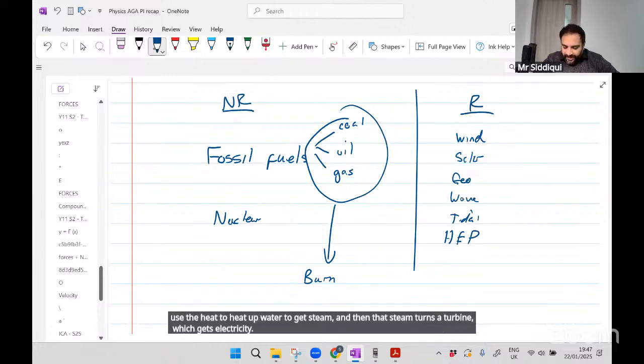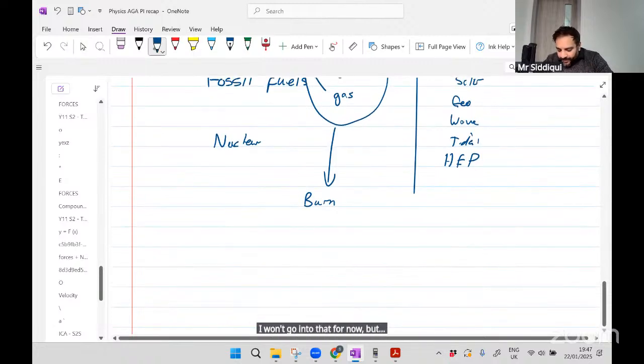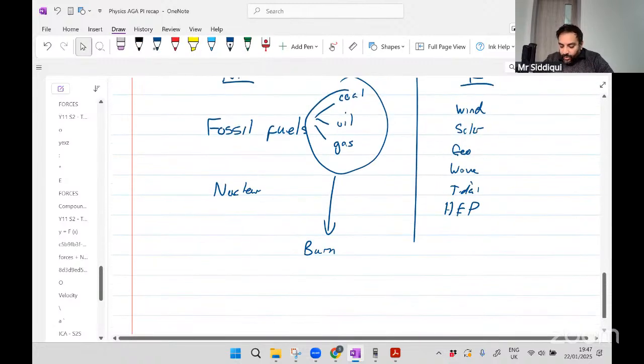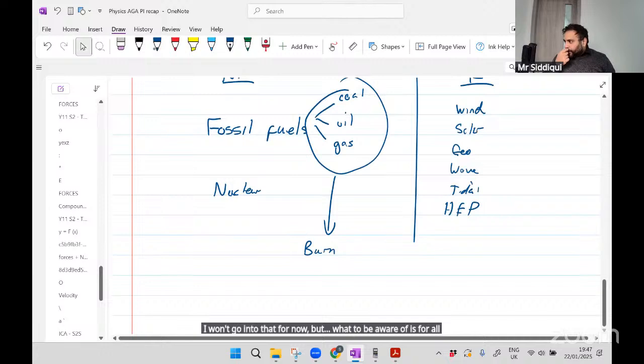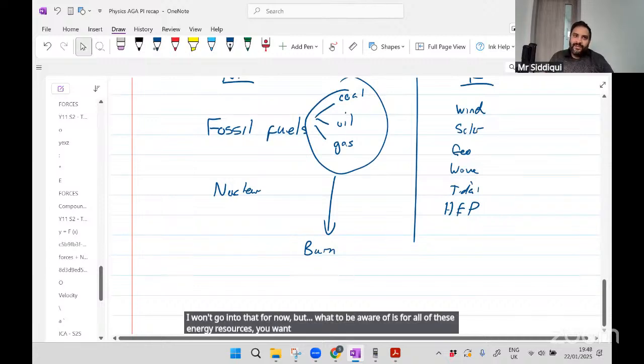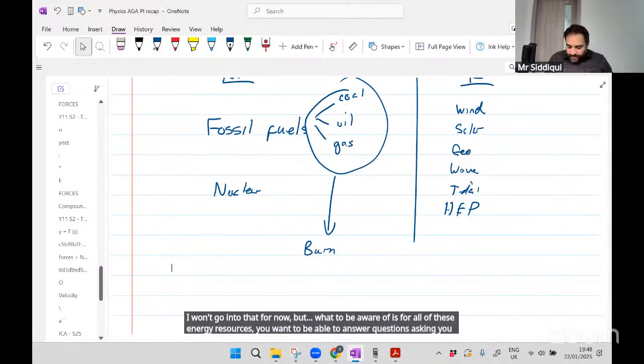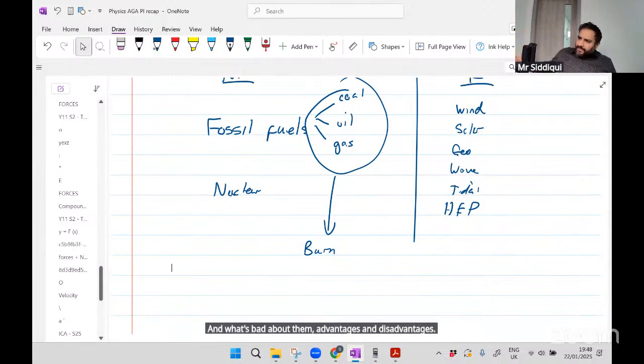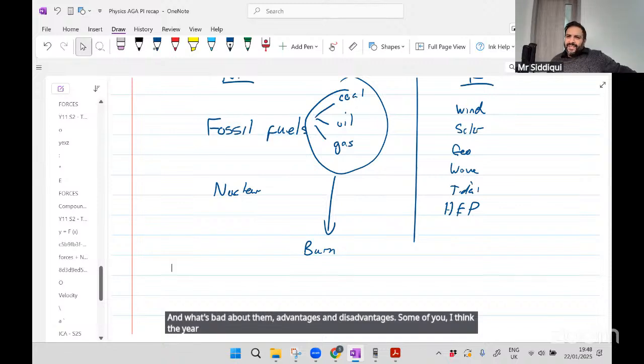I won't go into that for now, but what to be aware of is that for all of these energy resources, you want to be able to answer questions asking you what's good about them and what's bad about them, advantages and disadvantages. And some of you, I think the Year 10s, had that in the test, advantages and disadvantages of nuclear energy. So